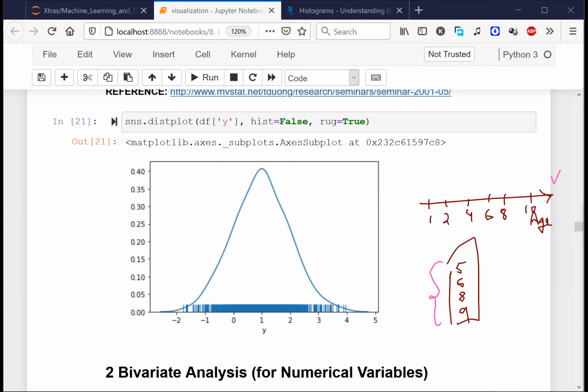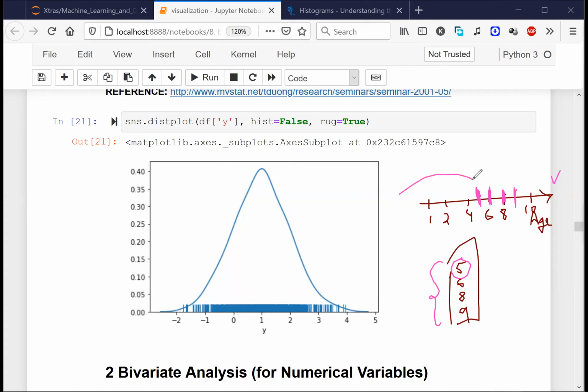Anyone? All right, let me give you a hint. What if I plot, first of all, I have 5. Yes, correct, by putting a dot. By putting a dot, I can say that this is 5, somewhere in the middle like this. Similarly, 6, I can put a dot here, or a line, a strike here. Similarly, 8 is here and 9 is here.